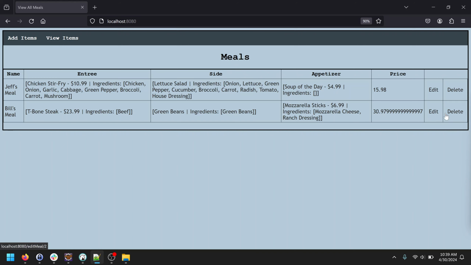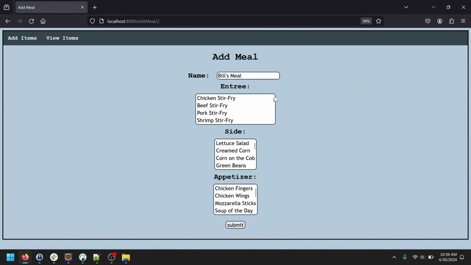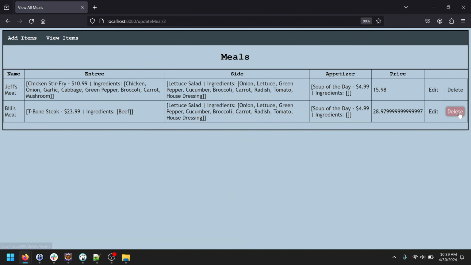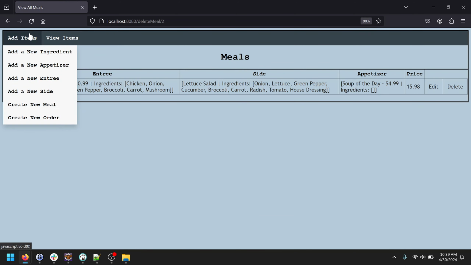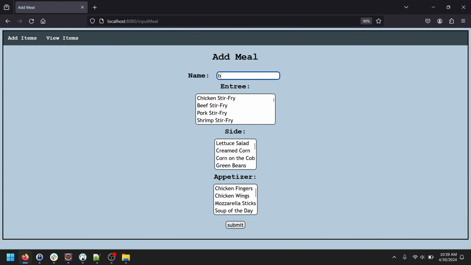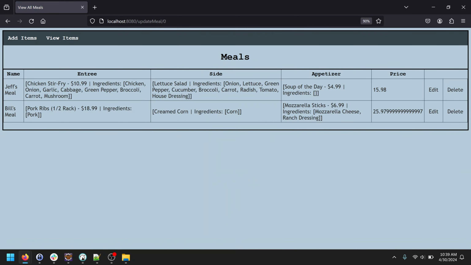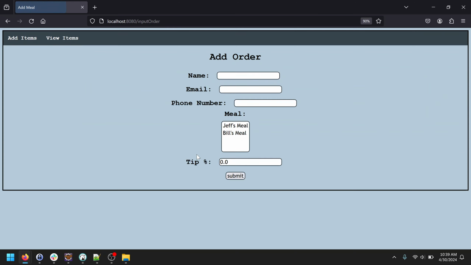So, like, I can edit or delete Bill's meal here. He wanted the T-bone, but let's say he wants to go with a salad instead, and then a soup. And so we can change Bill's meal here, or we can delete it entirely, or we can recreate Bill's meal here if he decides, oh, maybe I want to do, let's do some ribs instead, and I want the cream corn and mozzarella sticks. And so with the creation of the meal, we can then add orders, and we'll make